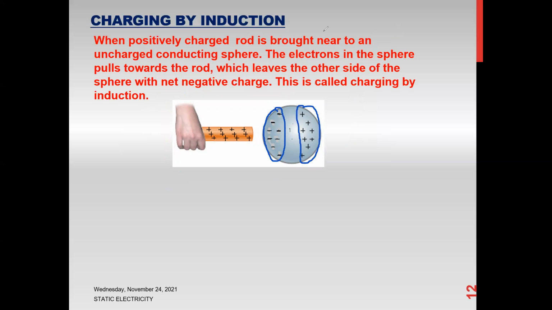Keep in mind, positive charges never move. Why can the positive charges not move? Because there is a lattice of positive ions. When you have a lattice, it means it is a regular arrangement, so they don't have space to move.